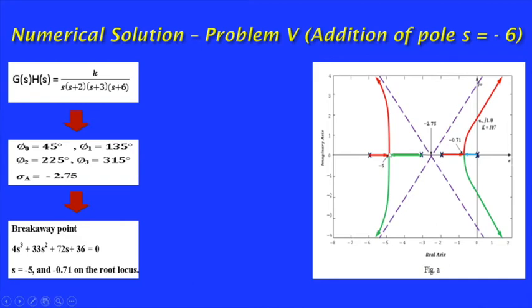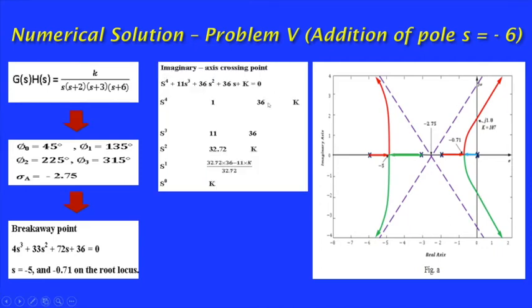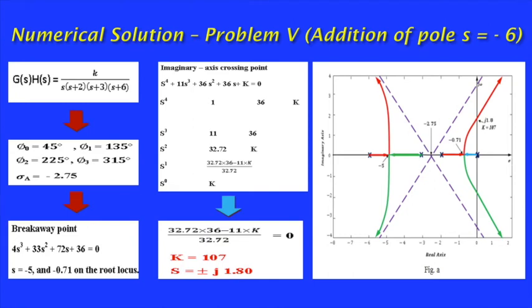Then these two root locus branches break at that point and move to infinity along this asymptote. This root locus crosses the imaginary axis and finishes at infinity along this asymptote. Then find the crossing point using a Routh array. Taking the characteristic equation, from it we get this Routh array. Then if this is considered 0, find K. K equal to 107.